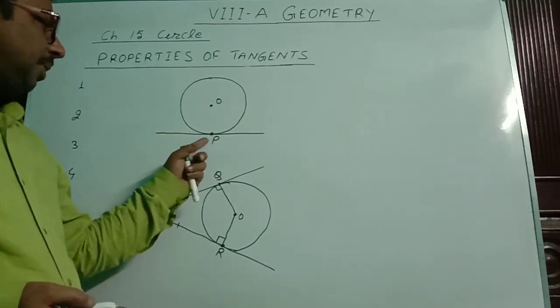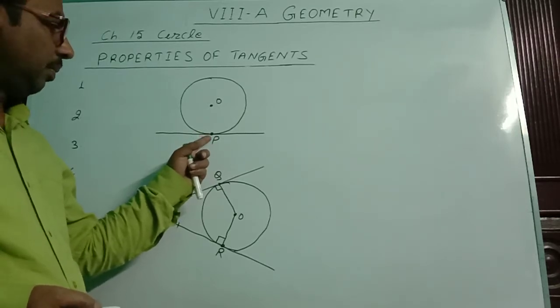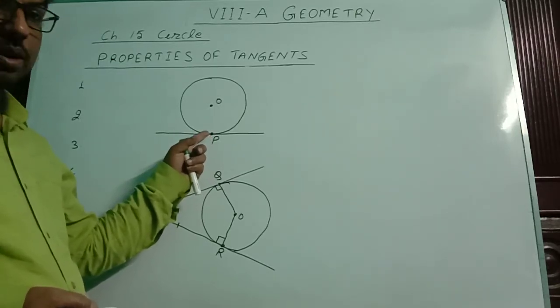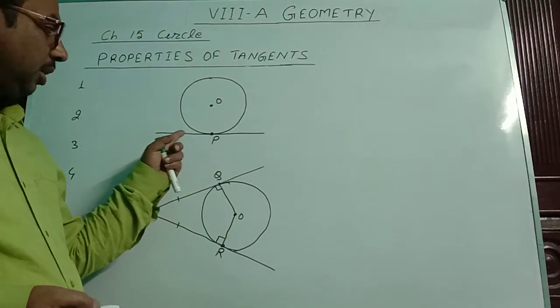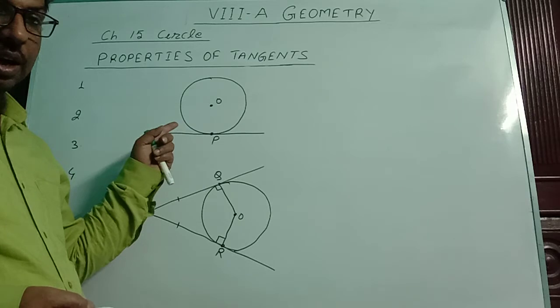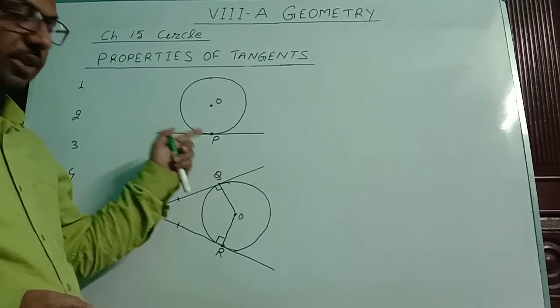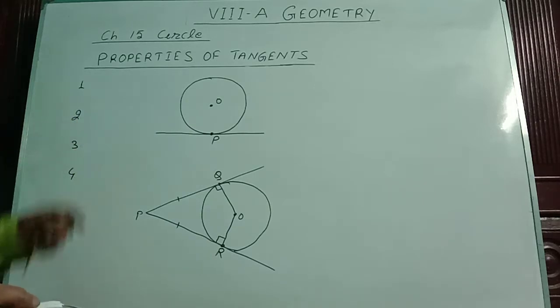The tangent passes through only and only one point that lies on the circle, or the tangent touches the circle externally at one and only one point. Here in this figure, that point is P. Second property,